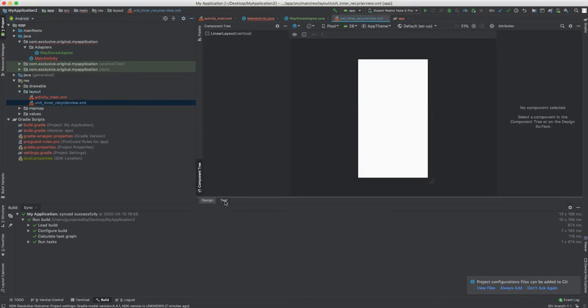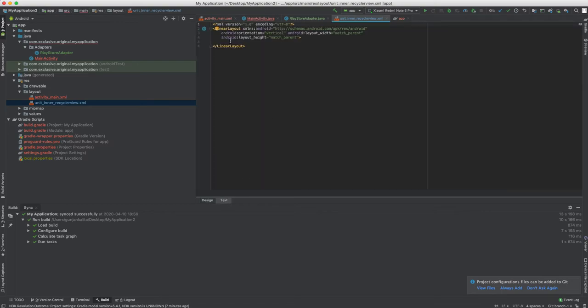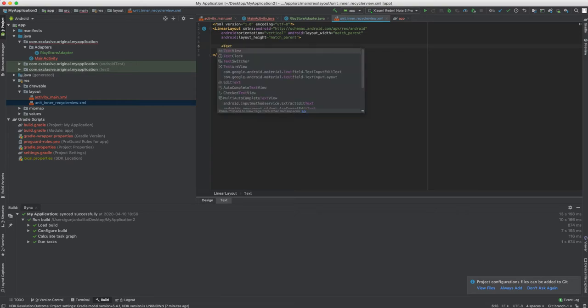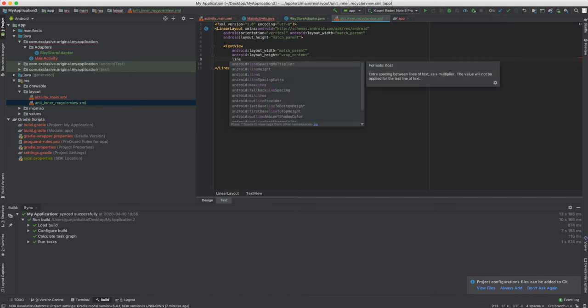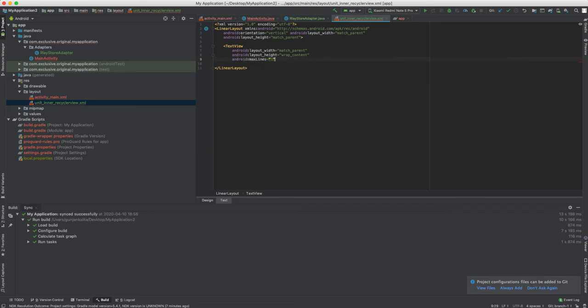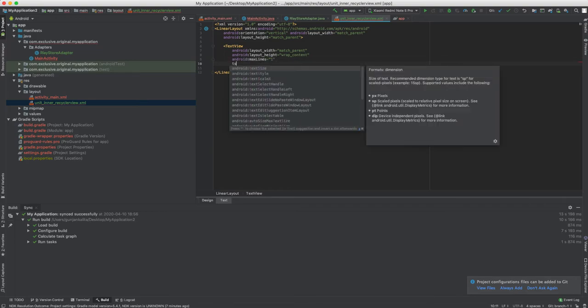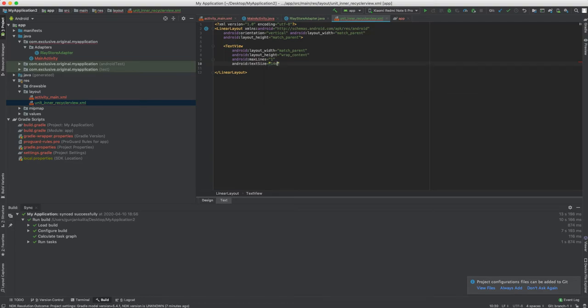And this particular layout will simply hold one text view. So it's a text view, match parent or wrap content, and it will be having only one line. So I will say max lines to 1. Let us give it a text size of 14 dp,